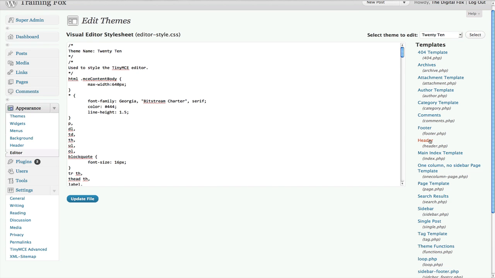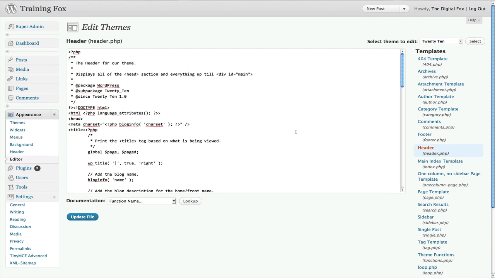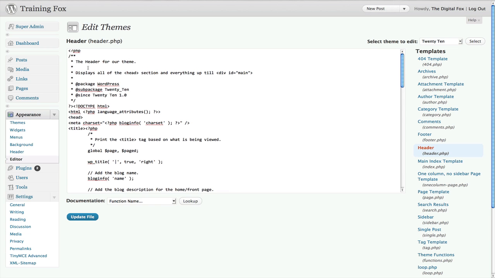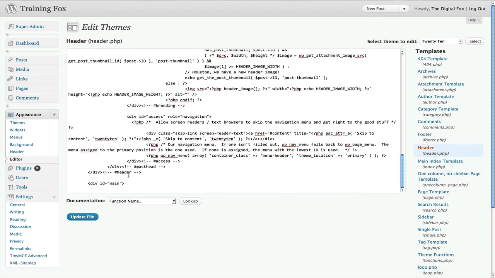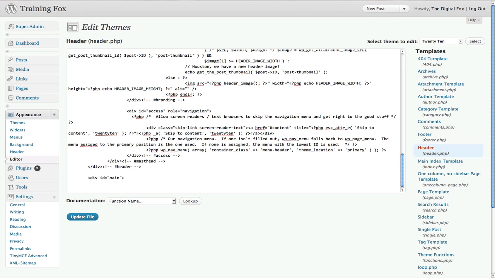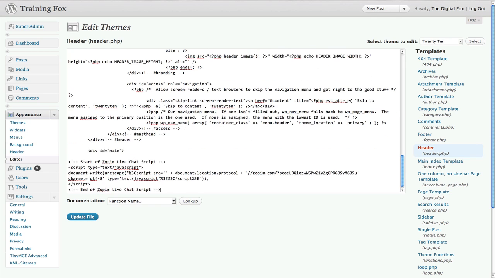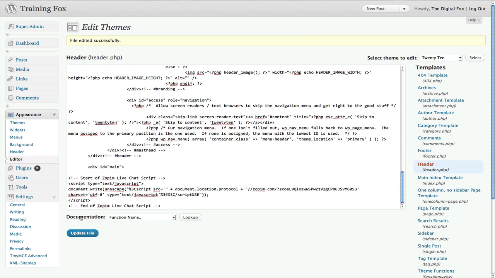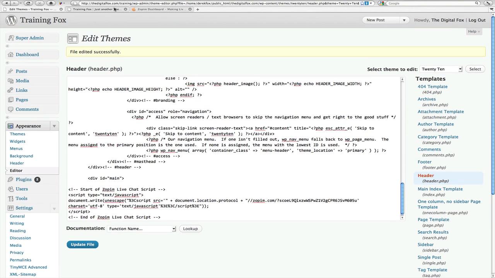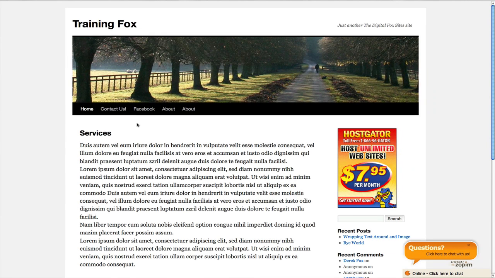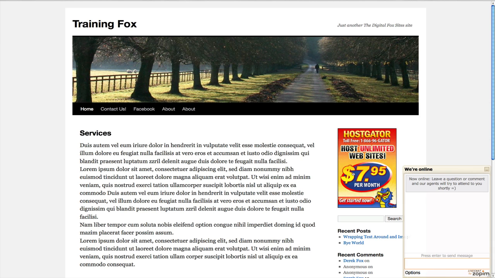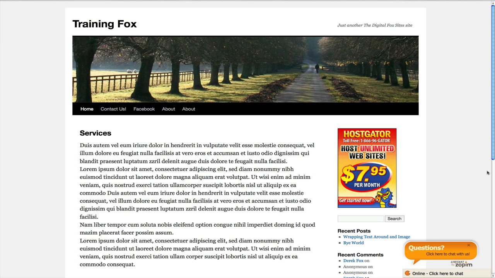But come over here on the right hand side and click on header, and you can see this is all the header PHP code. Just scroll all the way down to the bottom, hit a couple returns, and then paste that code in right there and click upload. And once that's done, let's just go visit the site. And as you can see down in the bottom right hand corner, we have our chat box already there ready to go. So that's literally how simple and easy it is to add a chat box right to your website,